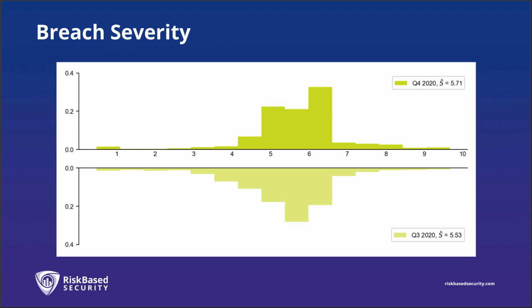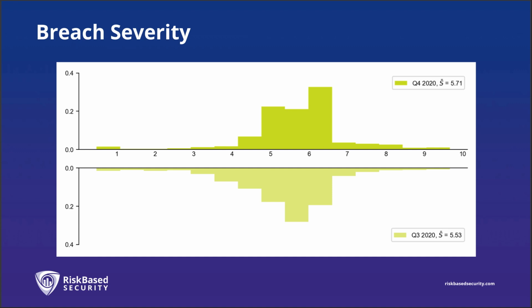Another sad trend worth talking about in 2020 is breach severity. Now, all of the data exposure, data compromise events that we track in our system get assigned a severity score. It's on a scale from 1 to 10, and it is determined by a number of factors, and it changes over time. So we look at things like number of records exposed, type of data exposed, how it was compromised, and then certain follow-on events, like was there a lawsuit? Were there impacted third parties or business customers that were impacted by the event? All these things come together to form a severity score.